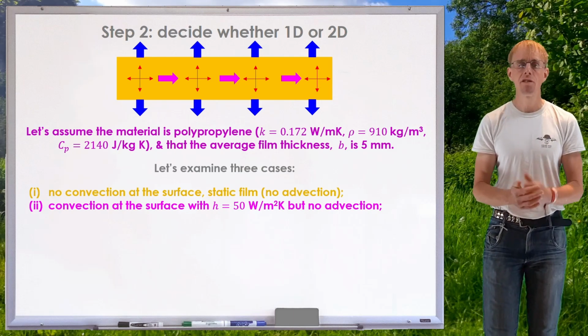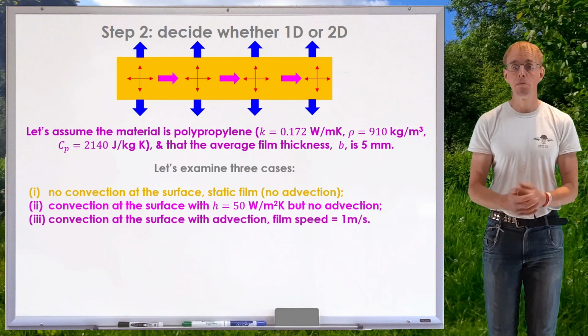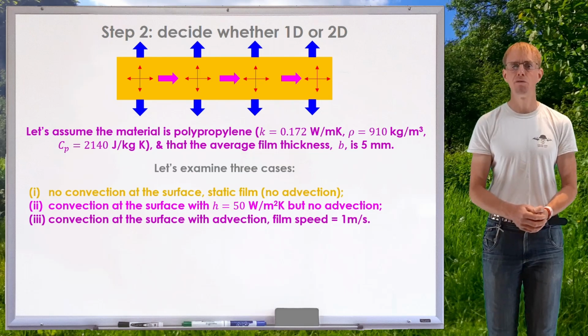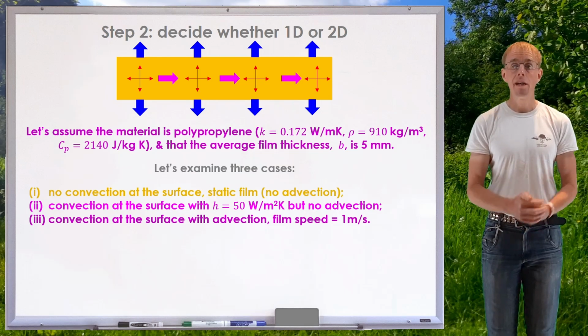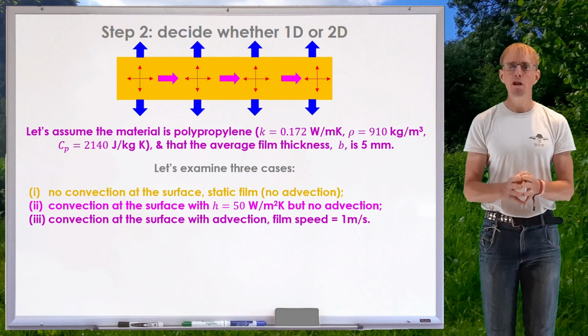The third case is when the extrusion line is actually operating. I've got a film speed of about 1 meter per second, we've still got convection heat loss with the same heat transfer coefficient from the surface, and we've still got heat conduction happening internally within the material. So those are my three